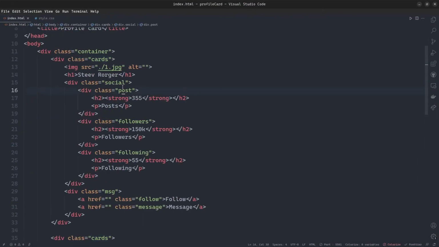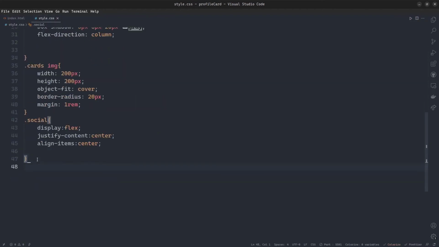ठीक है, so now I'm gonna select this div like post, followers and the following, but now I'm not selecting using their IDs, I'm selecting using this method is called div। इससे क्या होगा कि सोशल के अंदर जितने भी div हैं मैंने उन सबको सिलेक्ट कर लिया। और now I'm adding the margin here, margin 2rem,